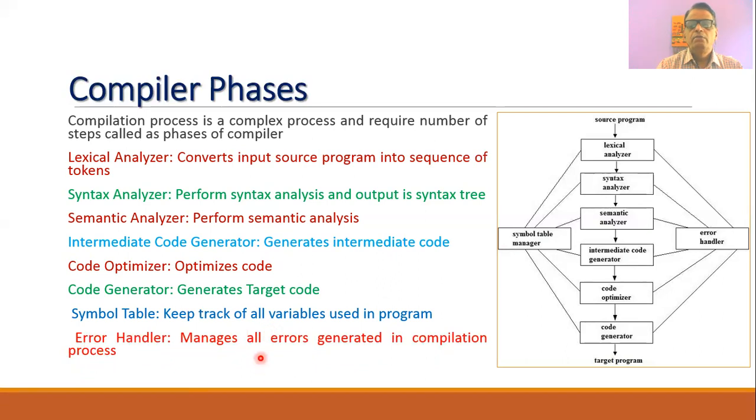Many times you will find that it is not possible for the compiler to process the code, and errors are generated. For example, we can have errors during the lexical analysis, and such an error is called a lexical error. During the syntax analysis, we can have an error if the grammar is not obeyed properly, and this error is the syntax error. Many times there may also be an error called a semantic error. Whenever such errors occur, the error handler will prompt the user about these errors, and the user will be asked to make corrections.